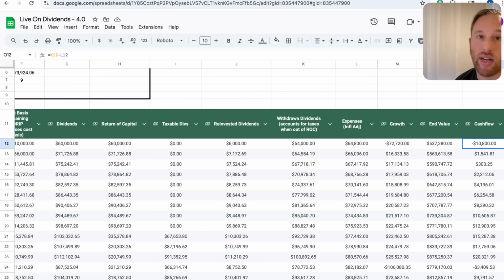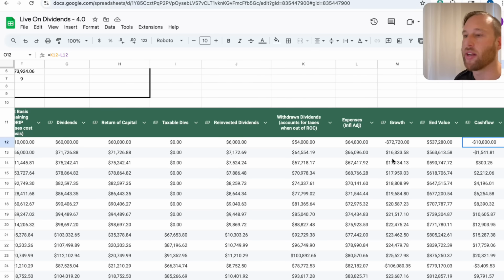And so in this case, we would actually have a negative cash flow right off the jump in year one, right? So you can see how this plays out, right? Bear markets happen, and when the bear market happens, we have a negative cash flow. We have to account for that. Maybe it's a job, maybe it's other sources of income. That's something for you to decide, right?